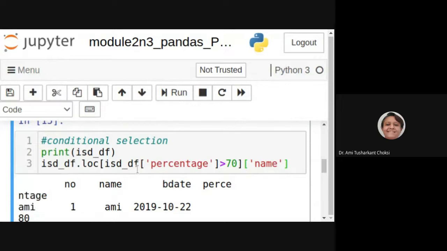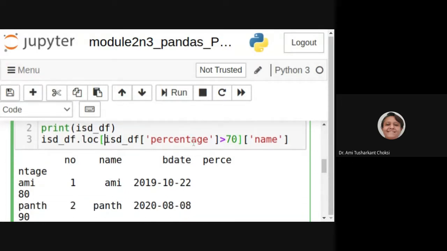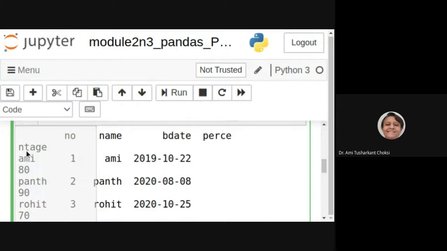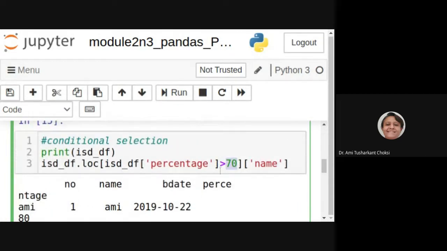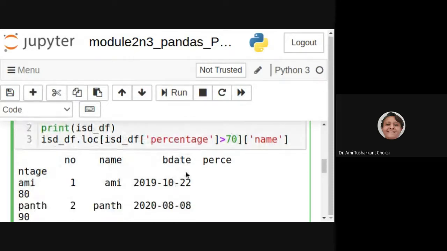Name is already there, and we want the percentage whatever is greater than 70. So it displays for percentage greater than 70. What happened? df of percentage greater than 70.